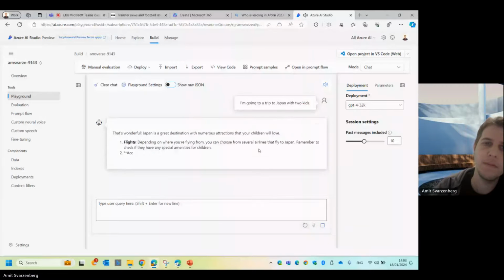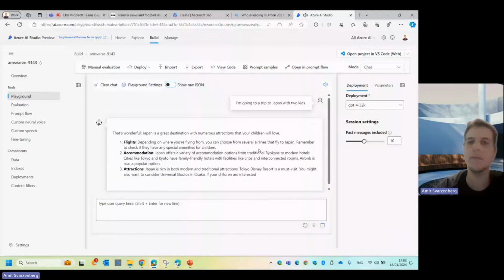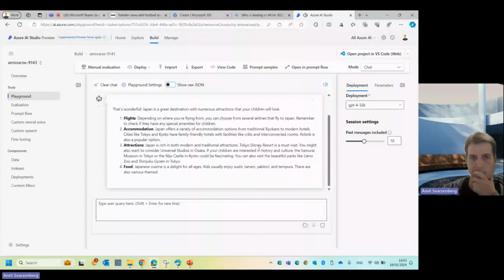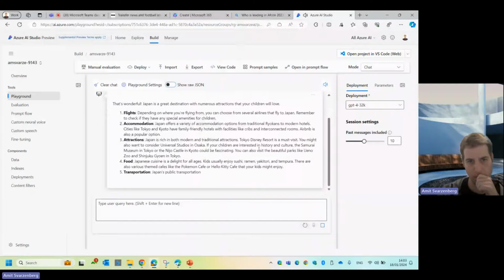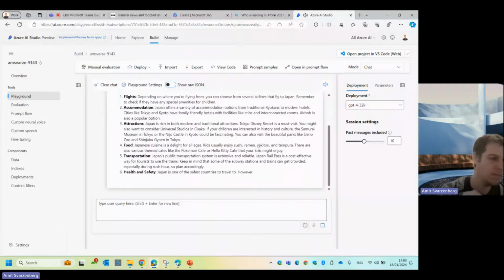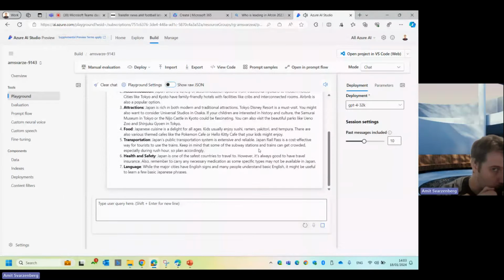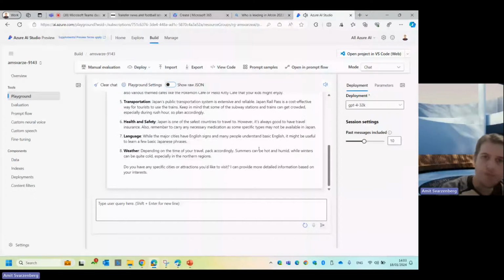That's wonderful. Japan is a great destination with numerous attractions that your children will love. 1. Flights. Depending on where you're flying from, you can choose from several airlines that fly to Japan. Remember to check if they have any special amenities for children. 2. Accommodation. Japan offers a variety of accommodation options from traditional ryokans to modern hotels. Cities like Tokyo and Kyoto have family-friendly hotels with...